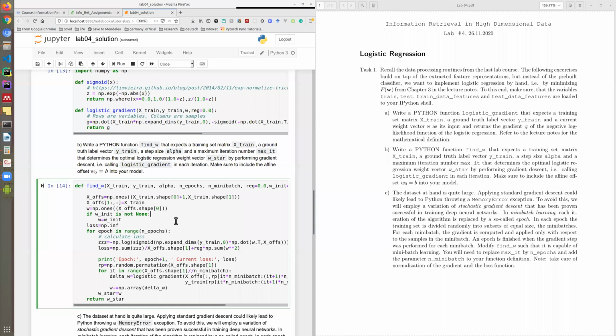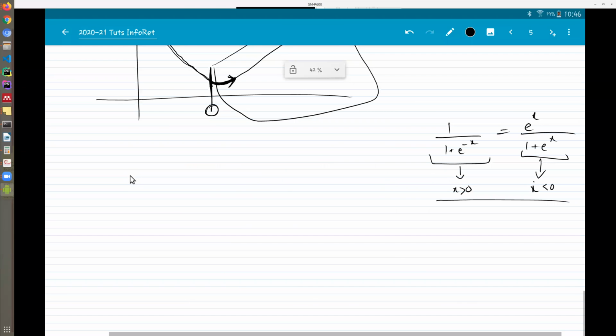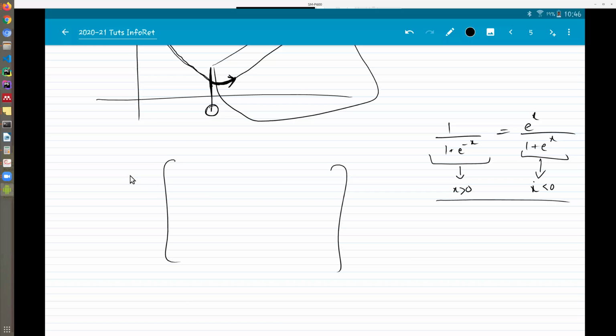Let me show what we are doing here. So this is our X, and we add its dimension, we increase its dimension by one,